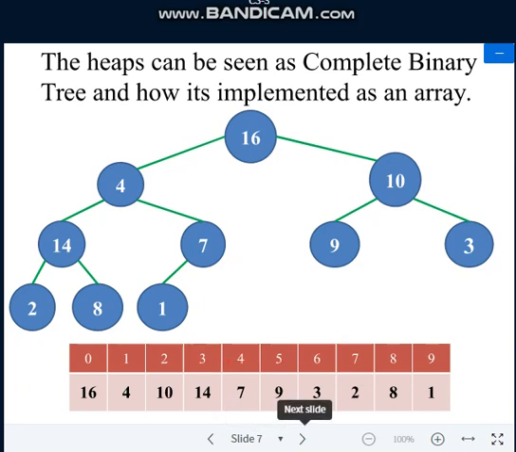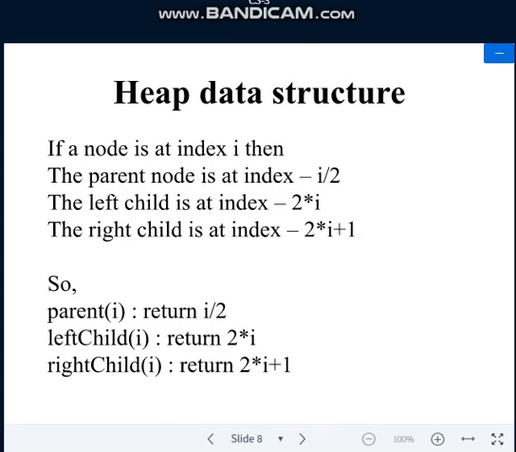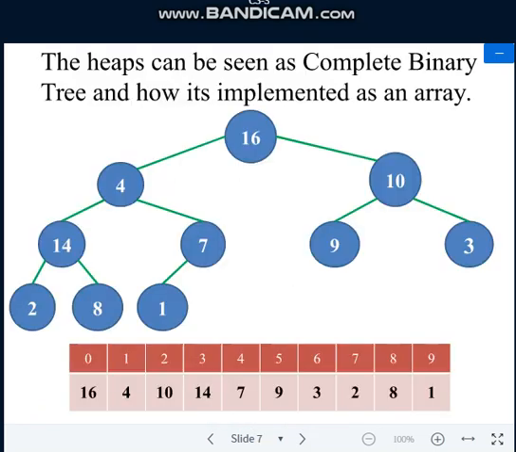Sorry, just a minute. Okay, it should actually be I by 2 minus 1. Just a minute. Look at this. If I talk about 4, 4 by 2 is 2, and 2 minus 1 is 1. So that is what the indexing will be. If you start the indexing from 1, then I by 2 will work fine. But here I have started the indexing from 0, so that is the reason it is not matching that formula. So it is nothing but I by 2 minus 1.